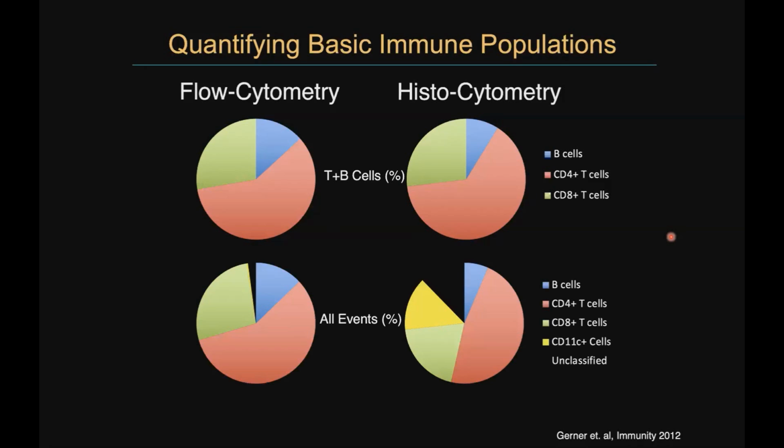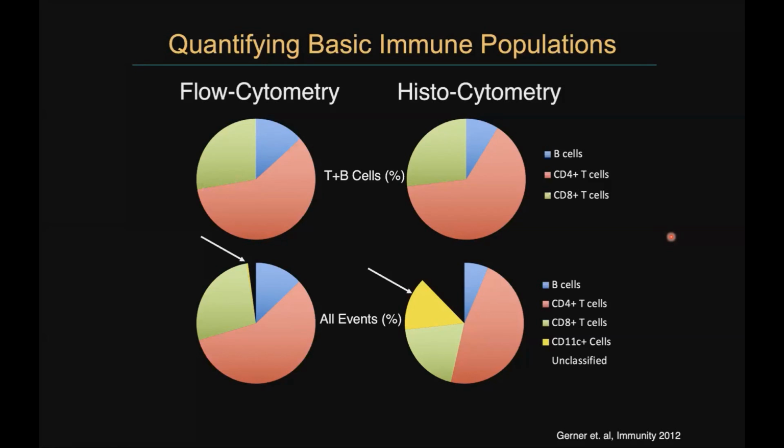But if we begin to look at other cell types, and in particular dendritic cells, this small wedge that's very hard for you to see is the number of dendritic cells we get by flow cytometry after standard extraction procedures. But this is how many we quantify using the histocytometry. It's about a 20% overestimation because of difficulty of segmenting very irregularly shaped cells like dendritic cells, but it's not